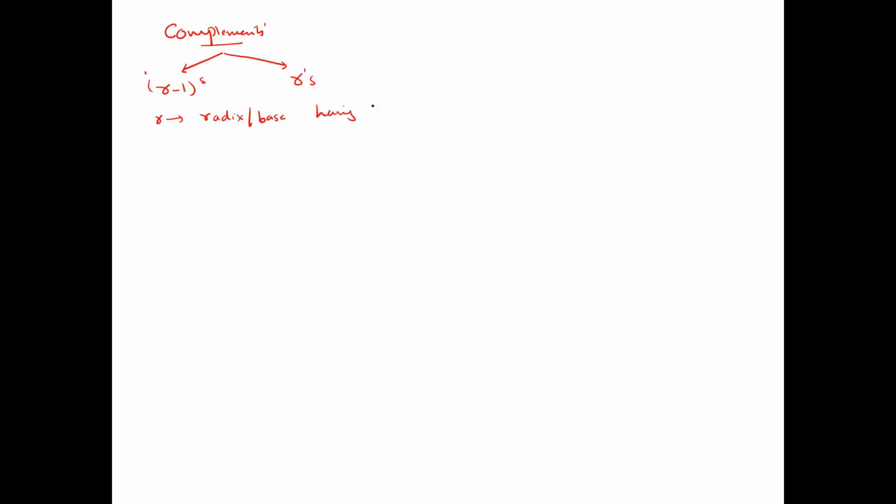Having n digits. And capital N is going to represent the given number, any given number we have. Say, for example, I'm going to write any number, 1, 2, 3. Now, what is 1, 2, 3? This is the given number, the value 1, 2, 3. And what is this small n? This small n represents how many digits we have. Now, count it: 1, 2, 3. So, we have 3 digits.